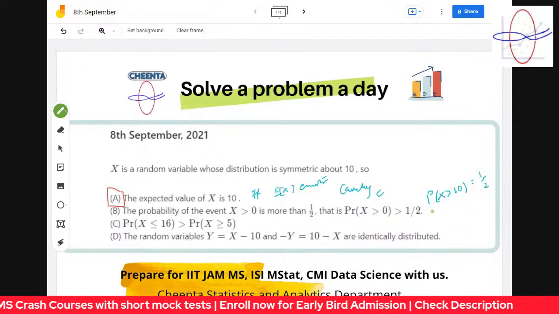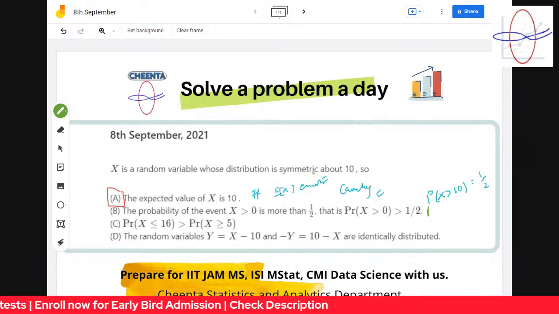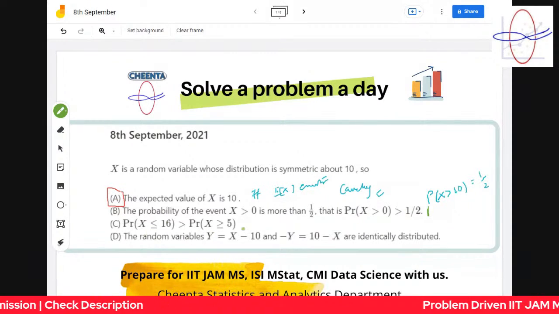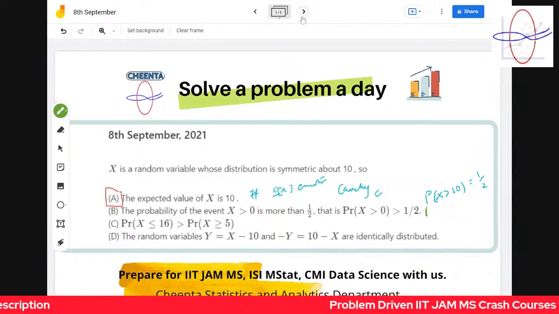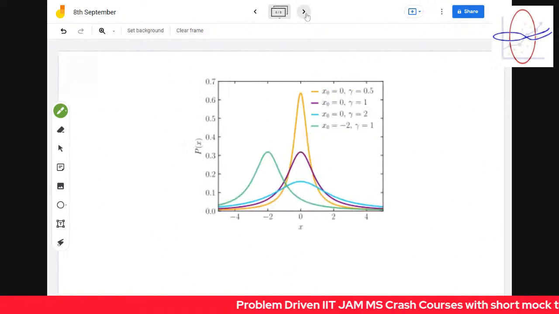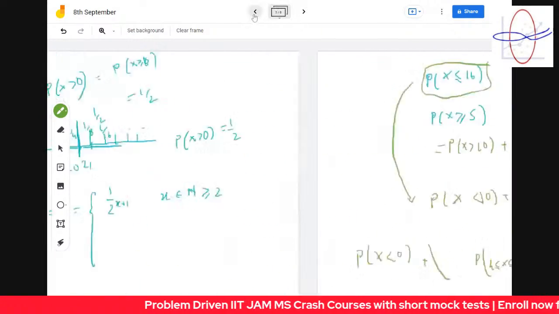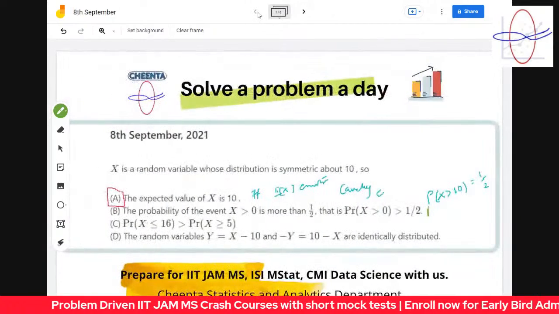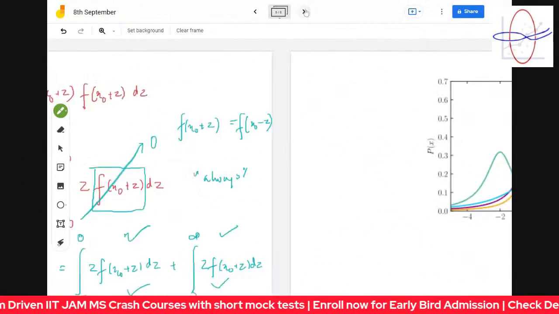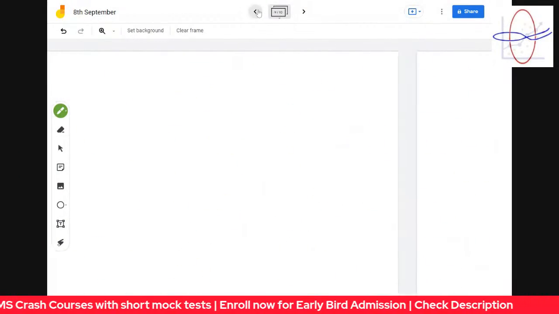So as I have shown in this example, this is a very extreme example, but if you assume it's a continuous distribution, then it's only holding. Okay, and this part is really easy. So x minus 10 and 10 minus x are similarly distributed. You're right. X minus 10